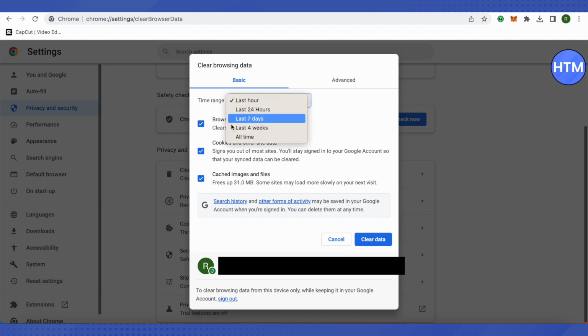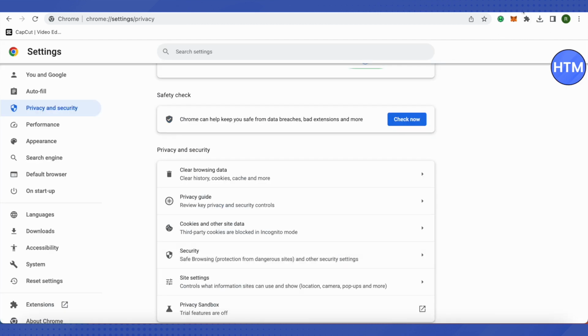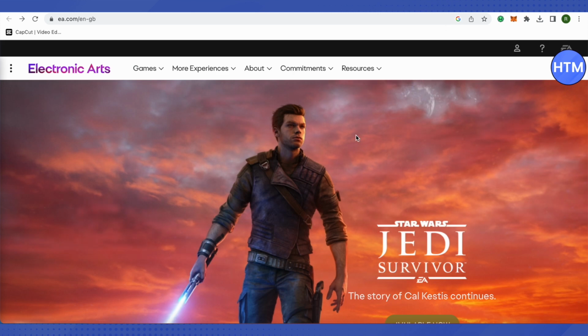If it's possible, just click up on the 4 weeks or all time, and if it is not possible then just go for 7 days or 24 hours and try it, but clearing up all time cookie would be better. And after that you should go on EA's website and try logging in. It should work after that, and if it doesn't work after that, then just simply go to this website and